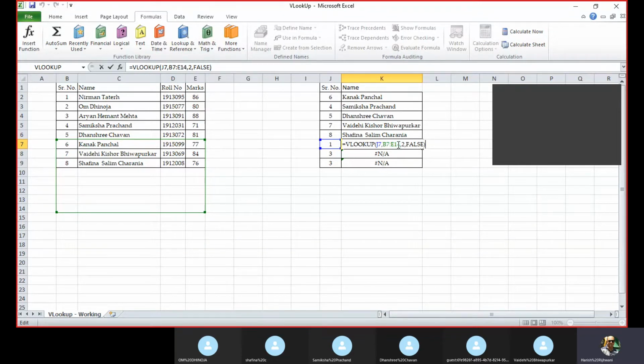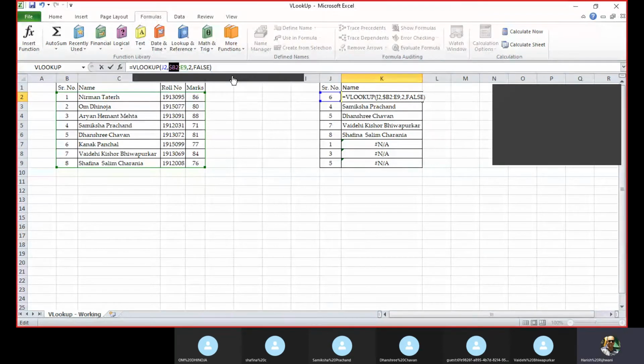Okay, so go to K2 cell again, press F2. Now put your cursor on B2, where it is written that B2 is to E9. Yeah, now press F4. So what it does, it adds a dollar sign. That means it is freezing it. If you press F4 once more, it's going to freeze only the column number 2. Yeah, if you press F4 again, it's going to freeze only the row number 2 in the first case, and then it just freezes the column B.